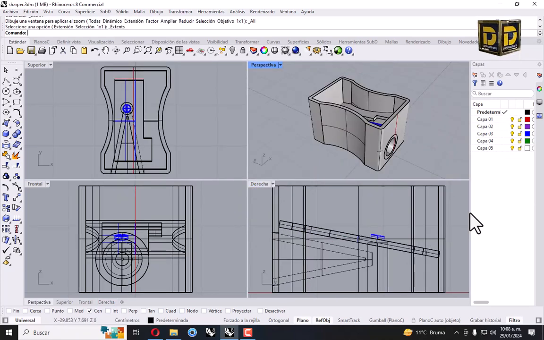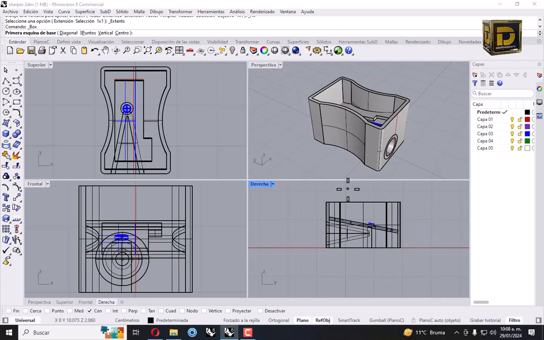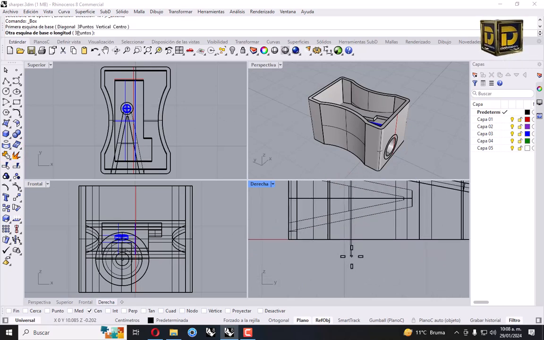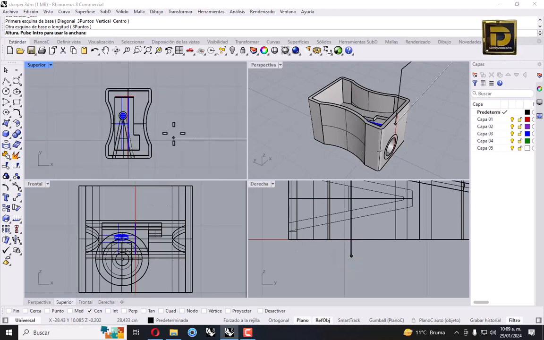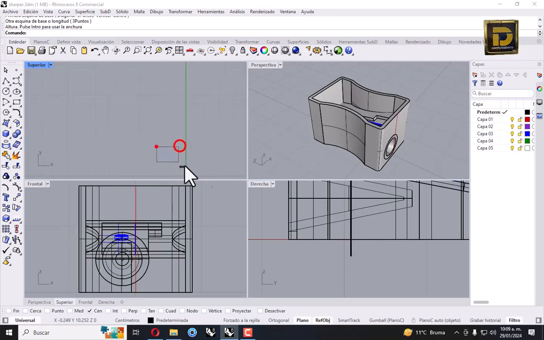Let's create a box, a little box. Look, this is a little box. Let me see. Okay, select and move.